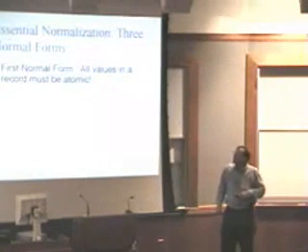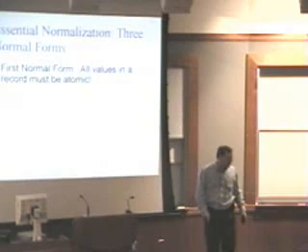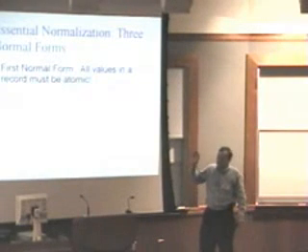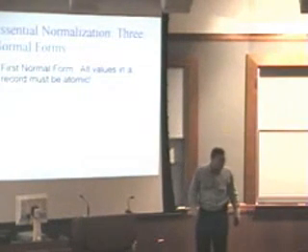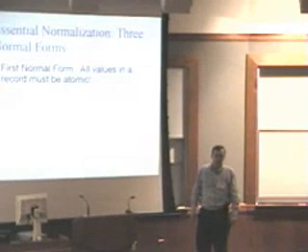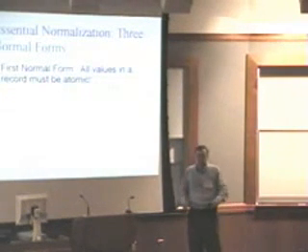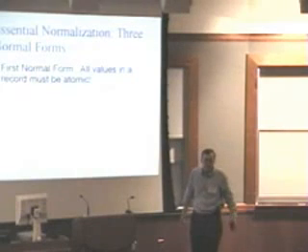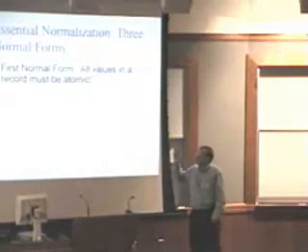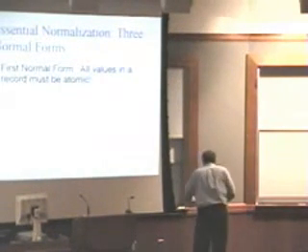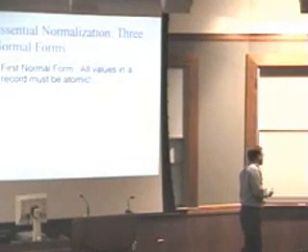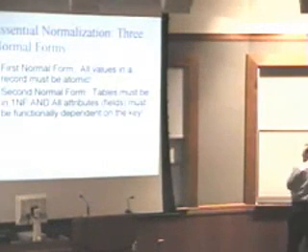First normal form. All values in a record must be atomic. This is something that gets violated all the time. And I don't know, there's been several faculty members that I've helped at different times redo databases to get rid of this. An example of somebody violating first normal form would be something like,